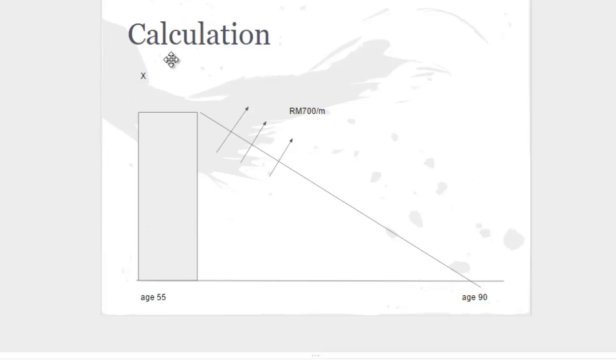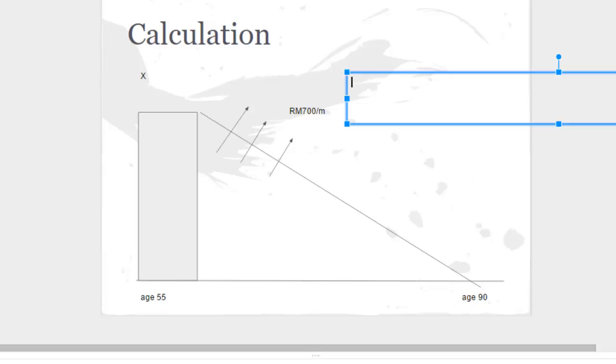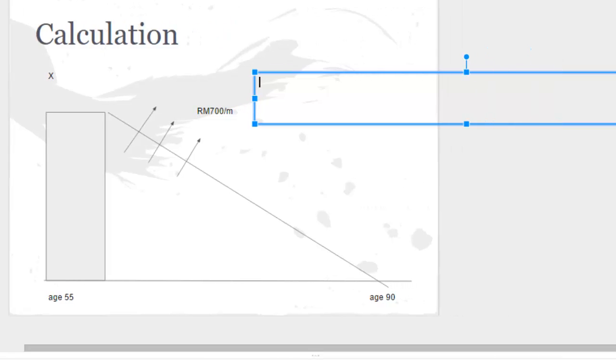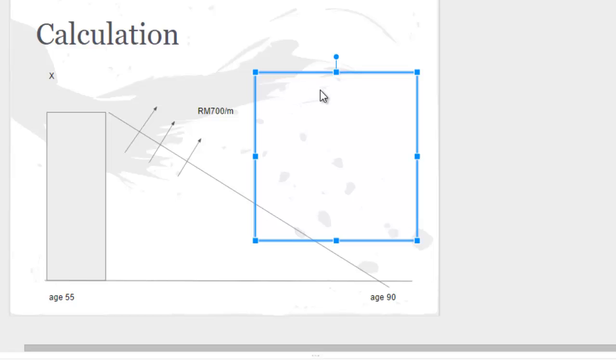So how do we calculate X? We need a few figures here, so I'm going to put it down in text. X is what we call the present value.